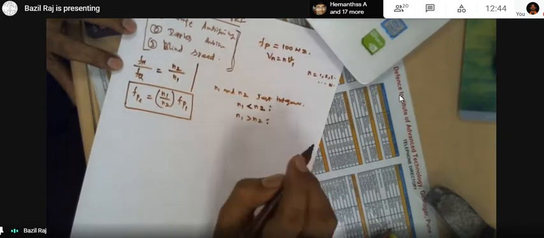These two are integers. Listen, dear students, we have already chosen FP1 is equal to 100 hertz. So we got this response. From where did we get this response? This is the single delay line canceller. So 100 hertz is one blind speed, then 200 hertz, 300 hertz, 400 hertz.